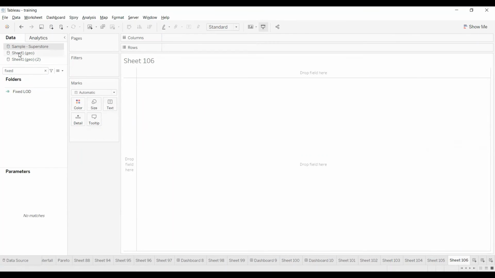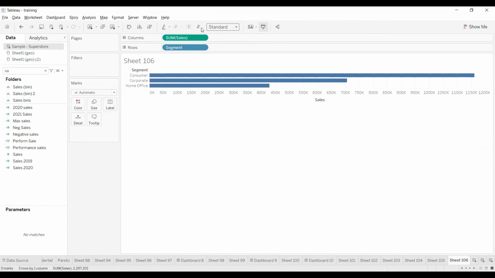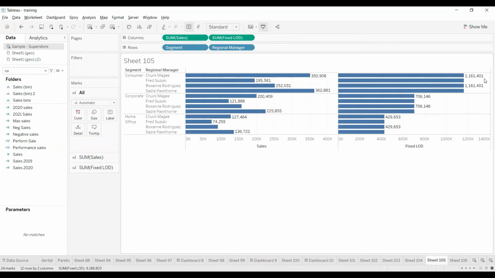In a simple manner, you can get it over here: segment and sales. So what is my overall total for segment? 1161401. And here I'm showing both segment level sales along with each region manager level sales.